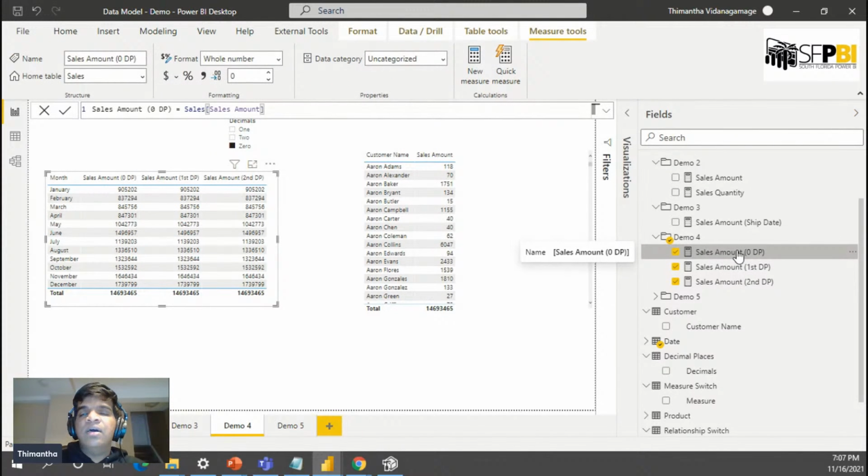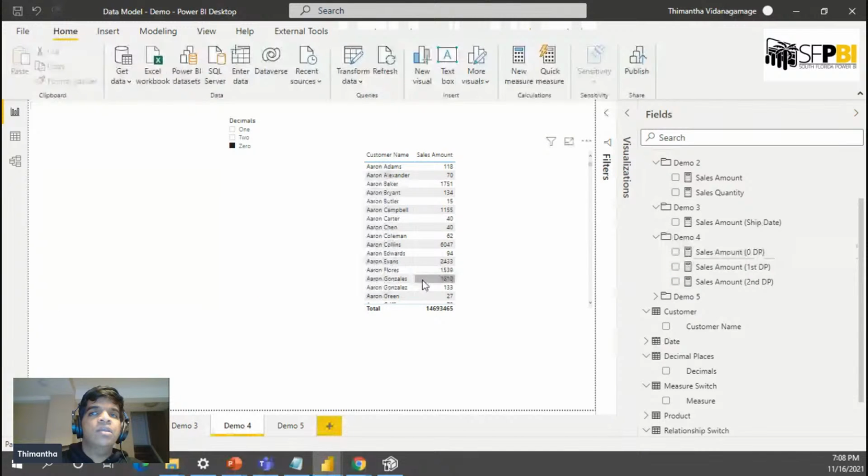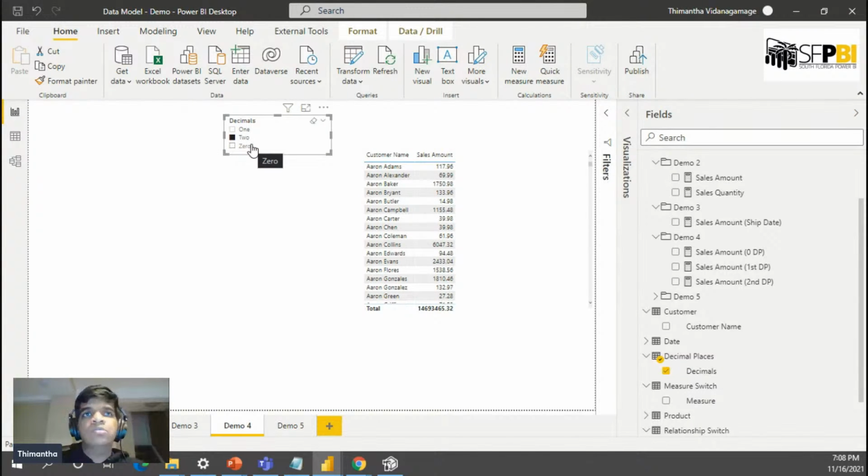So here we had separate measures for 0 decimal places, first decimal places, and 2 decimal places. That was our former solution, and ideally it should go out, because you don't want to repeat measures anymore. You can use a base measure and basically shift between the number of decimals you want your end user to see, or you can simply provide this as a slicer, as I had done right here, to a client,